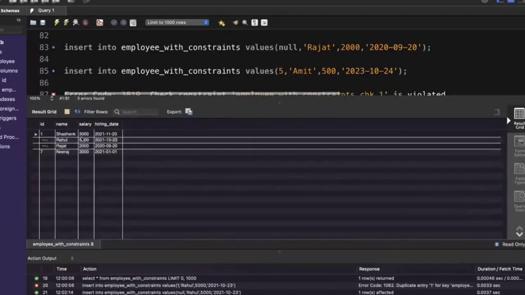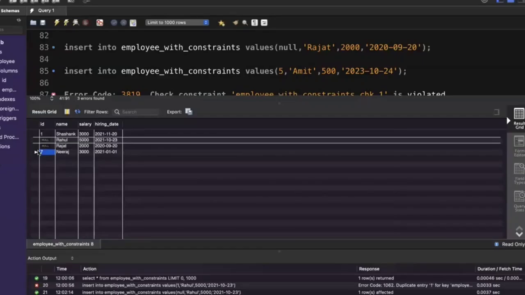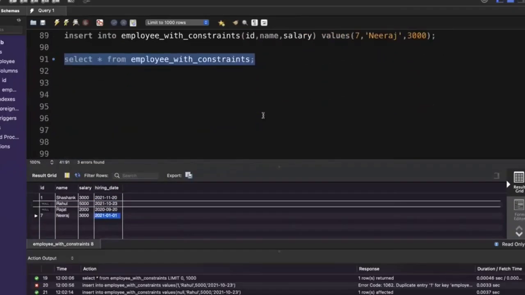Okay. So you can see the null part, it got accepted. That is totally fine. We were able to maintain the integrity based on the salary column. And for the ID column, it's almost there, but the reason is null, it is allowing. And for this default part, the last record we inserted where name was Neeraj, you can see hiring date picked the default value 1st January 2021. So this way, multiple types of checks, multiple types of constraints can be applied in order to maintain the data